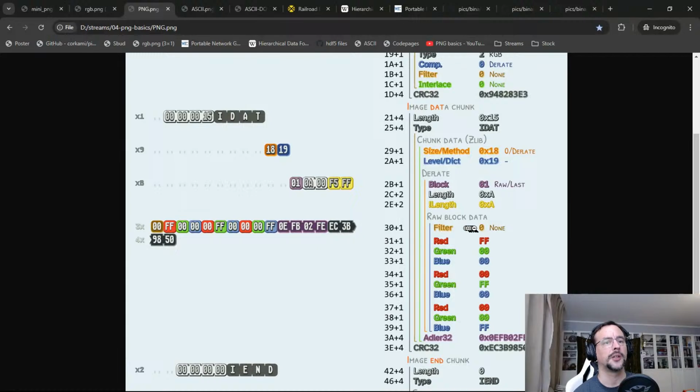Before the pixels, you will have a filter value, which is another way to tell the post-processing how to interpret this line. So there is always an extra byte for each line of the bitmap, so it's not pure pixel values. And this was actually, I think, a problem because it cannot have completely crazy values. So yeah, if you want to do some complex abuse, you cannot directly put pixel values,